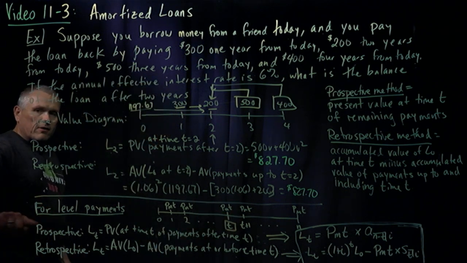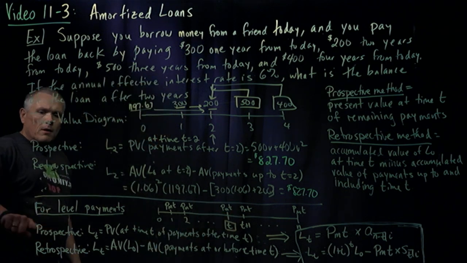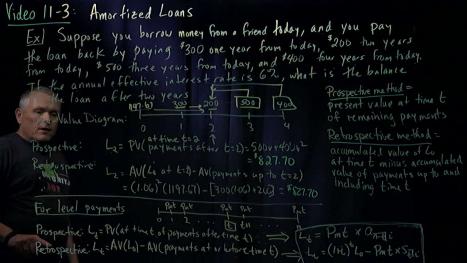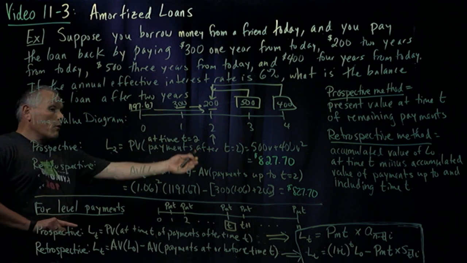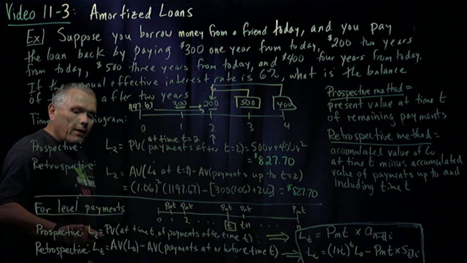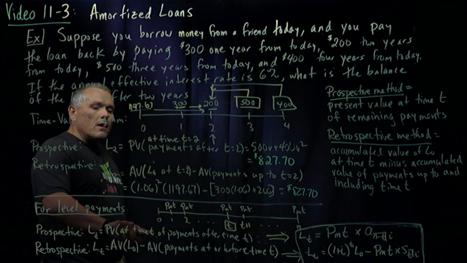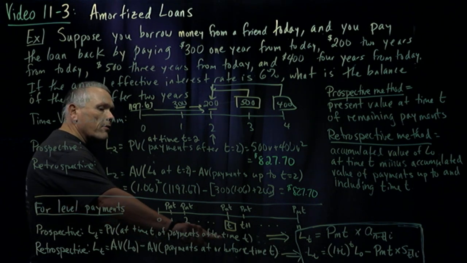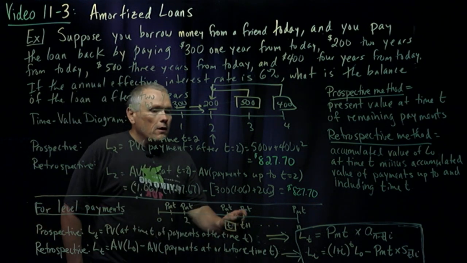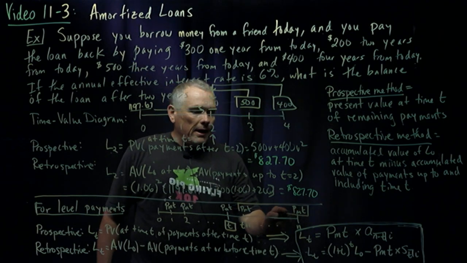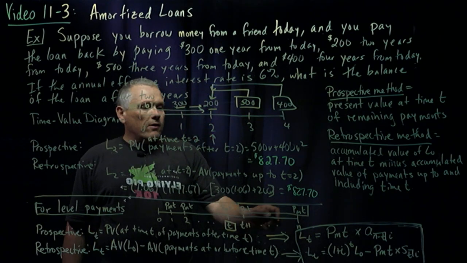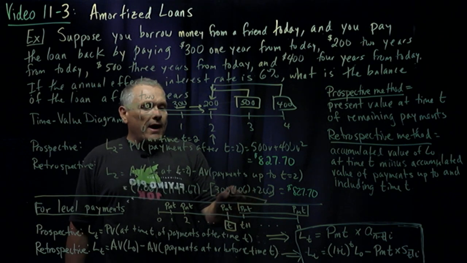Using the same concepts that we just talked about, the prospective method says that the loan value at time t, looking forward past time t, should be equal to the present value at time t of the payments after time t. So we're looking at this block of payments past time t, and we need to step it back